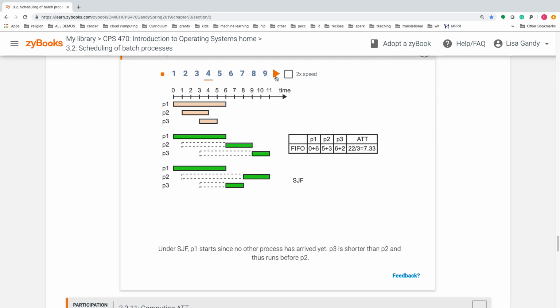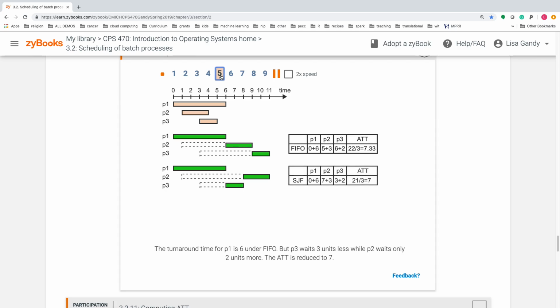Now, in shortest job first, P1 starts because no other processes arrive. P3 is shorter, so it runs before P2. We've talked about this algorithm, so I'm not going to go through it again. What we care about is the turnaround time. Remember, both of these are non-preemptive, so you have to wait. So P1 goes from 0 to 6, and then P2